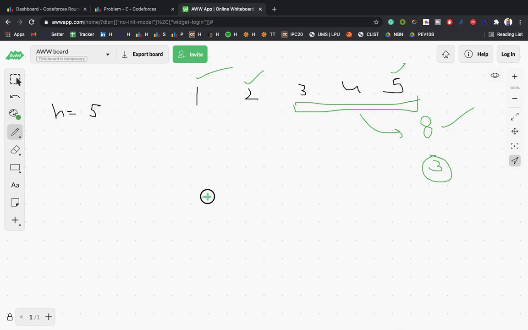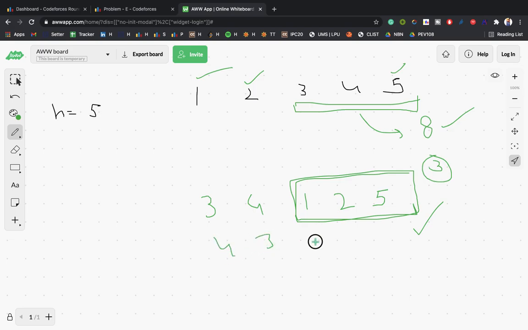So we can make the permutation like 3, 4, then place 1, 2 and 5 here, because from the range of 3 to 5 I am getting the sum of 8. You can also print 3, 4, 2, 1, 5, but from the range L, R we must get the sum S, that is equal to 8.